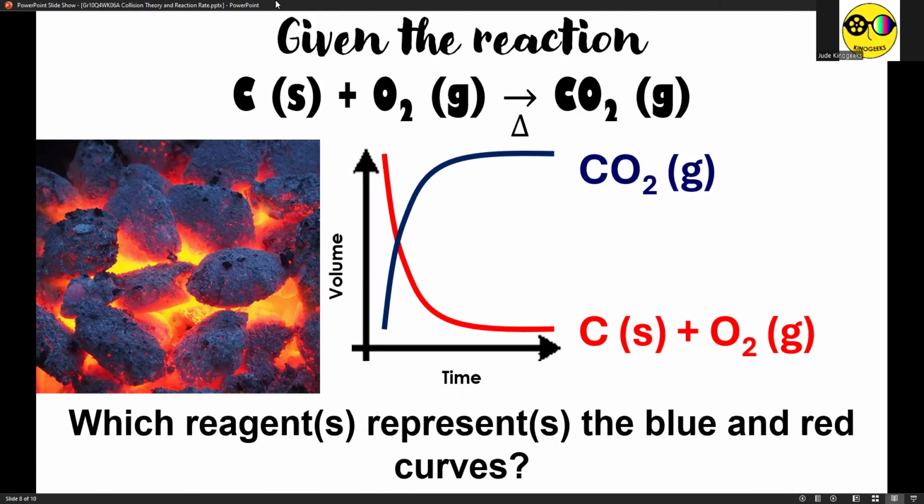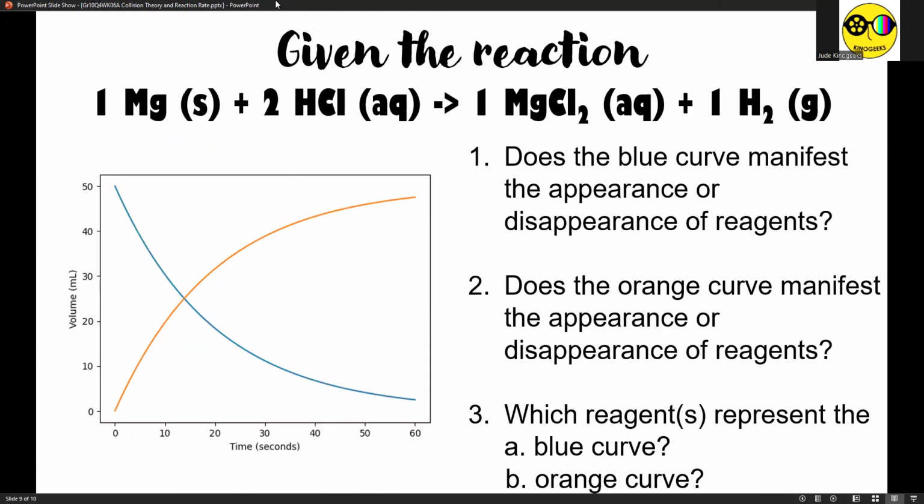Now, but mostly what I've talked about so far is purely qualitative. So let's try to inject a little bit of quantitative aspect to our discussion. Okay? So given the reaction we're in, 1 mole of solid magnesium Mg reacts with 2 moles of aqueous hydrochloric acid HCl, forming 1 mole of aqueous magnesium chloride MgCl2 and 1 mole of gaseous diatomic hydrogen H2, no?